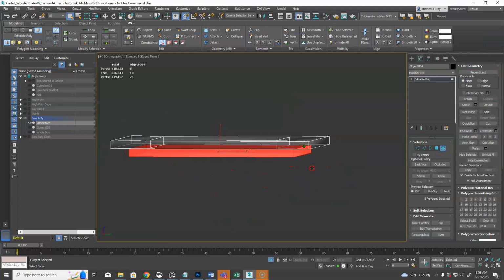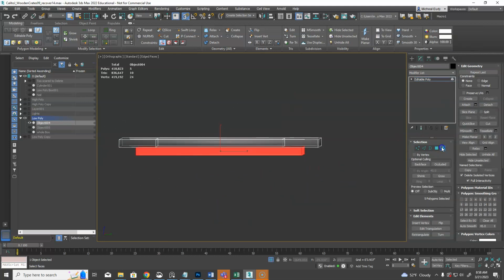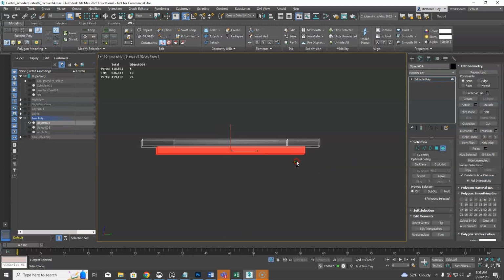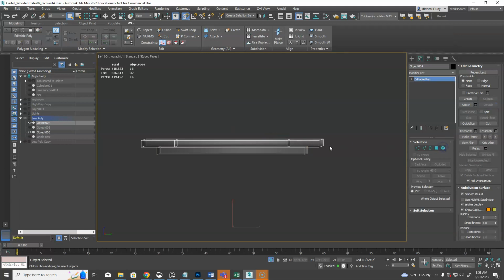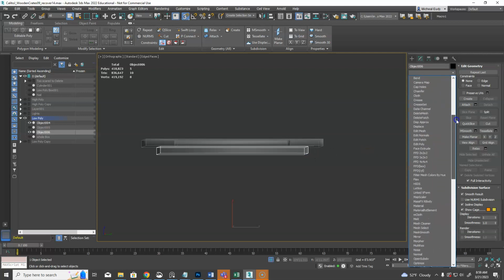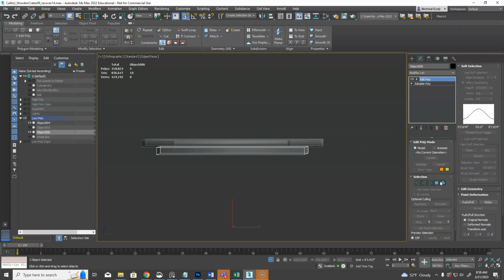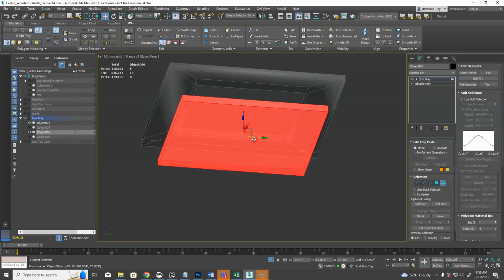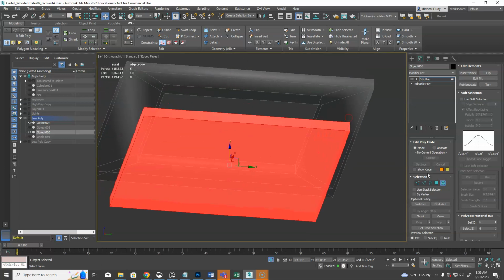Okay, I think what I want to do is just detach that. Then I can put an edit poly on that, and I can move it down. Oops, don't have a snap on. Okay. So now